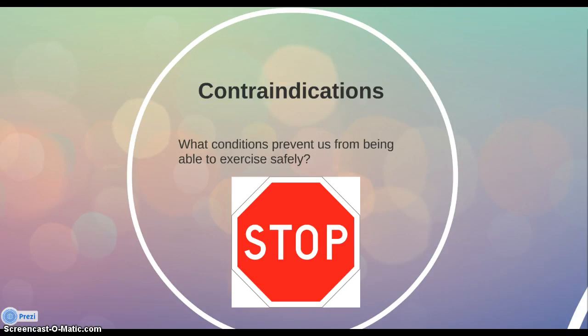Here are some of the most common contraindications: severe or unstable angina, uncontrolled diabetes, severe respiratory disorders or diseases, and high blood pressure, typically over the 160/100 limit. Contraindications are very important within a gym environment, as it ensures that those who are not suited to exercise in a safe manner are prevented from doing so, which means they can't put themselves at risk as well as the